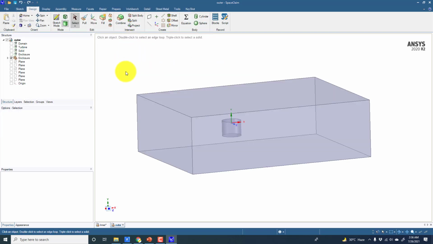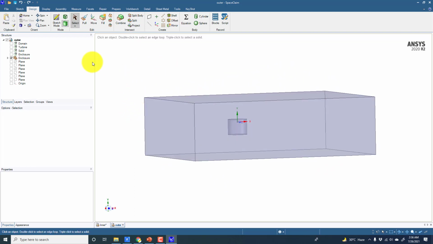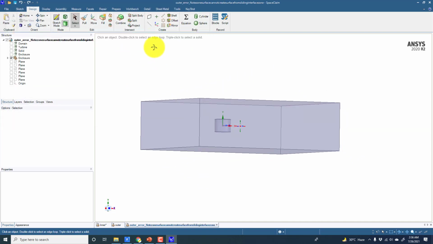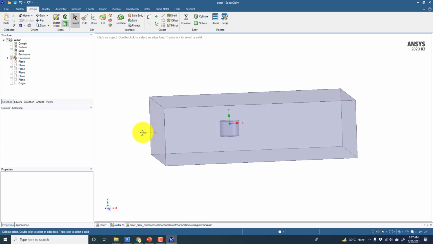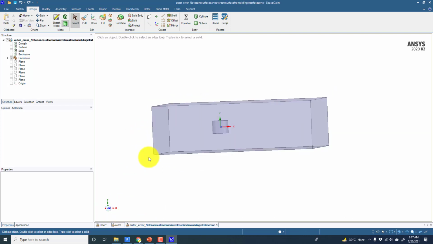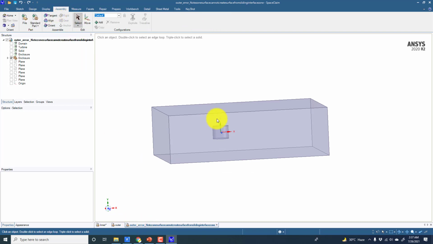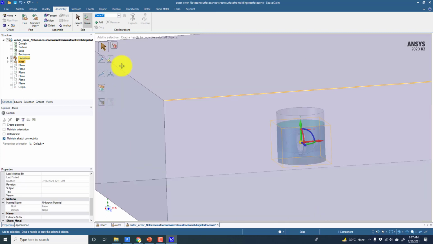And the second file is the outer domain, which is also perfectly done. Let me open the file. This is my outer file, which is after correction, but before correction the file was this one. If you take a look at these two files, you will see that the two files are exactly the same. These two geometries or domains are exactly the same, but there is an issue. So now let me import the inner model inside this outer geometry, the stationary domain. From the assembly, in SpaceClaim, click on the File menu. From here, I'm going to open the inner geometry. And now you can see the problem.